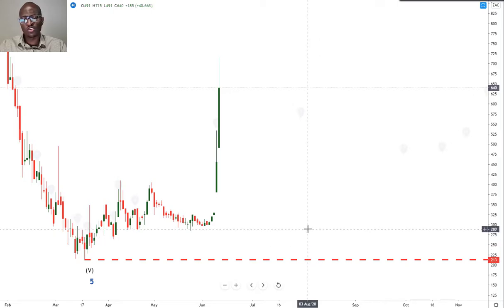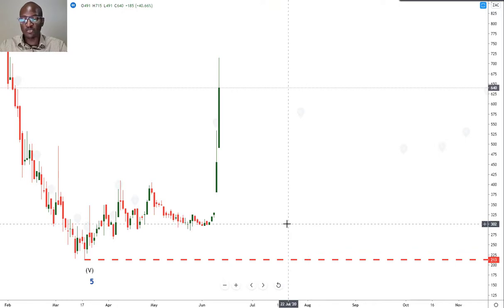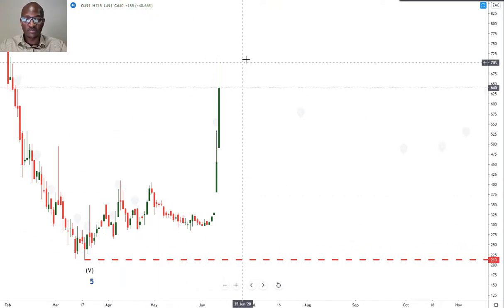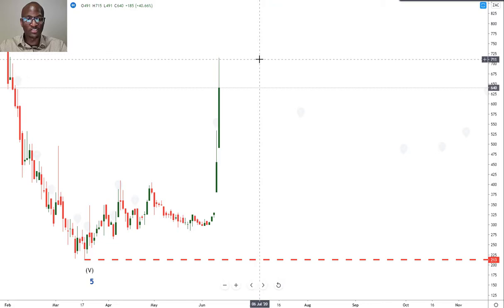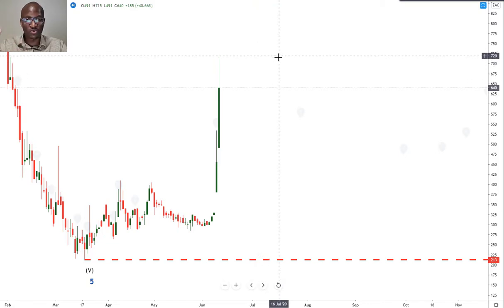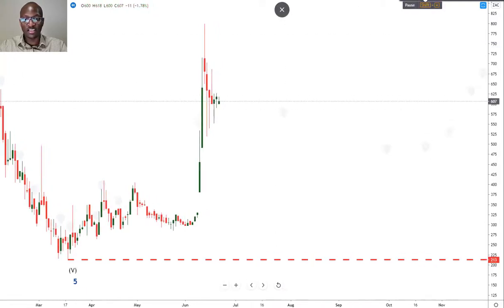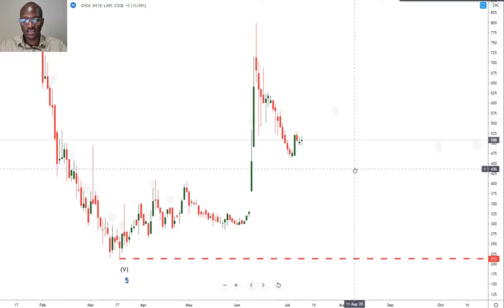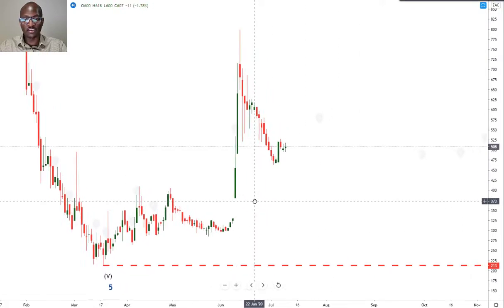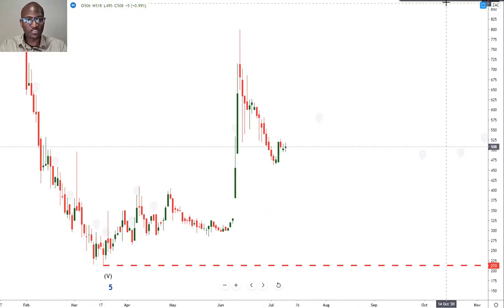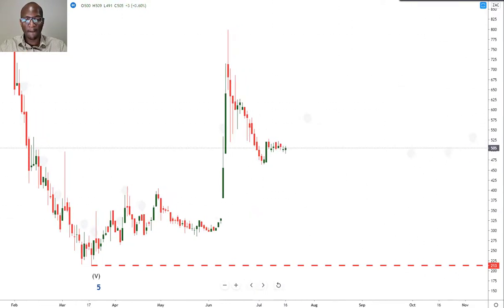So obviously, law of large numbers, percentages need to be put in perspective, but we can see from this bottom of 2 rand, the price went up threefold, or more than threefold, to just above 7 rand, and started pulling back a bit. But this update was very, very positive, and it shows that EOH is at least becoming more and more cash generative and is able to pay some debts and reduce the net debt, which is very positive.